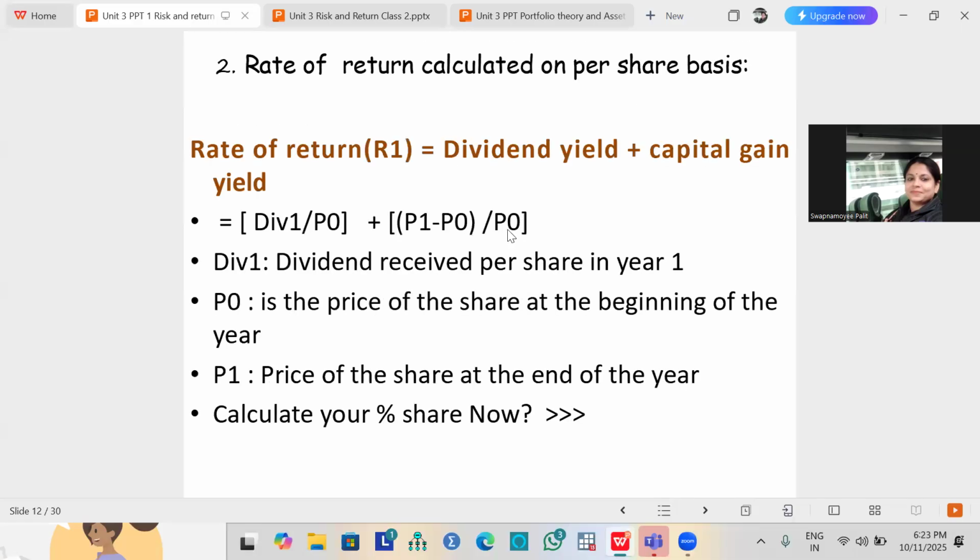Now from this you can see how you can calculate the rate of return. Your rate of return formula is, and this is very important from the exam point of view,